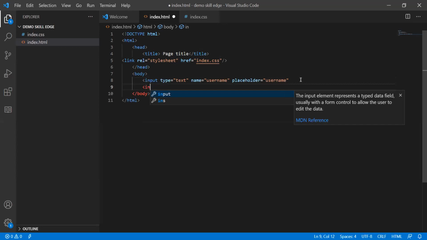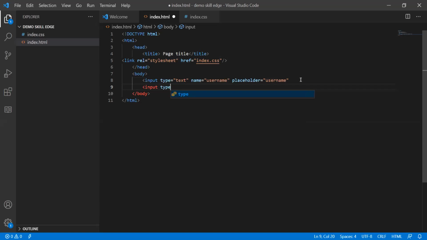Here, input type is equal to text. And the name we will input is username. We have given that, and we will do the same for password.